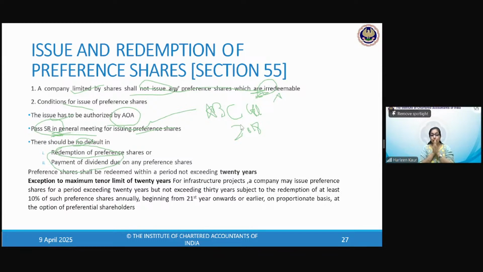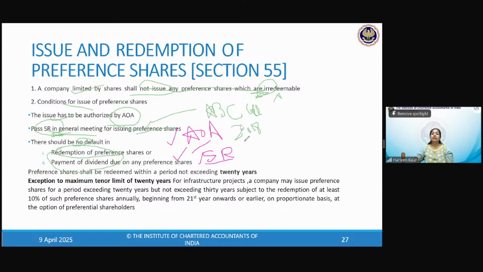I am planning to issue redeemable preference shares in the year 2018. So the first authorization that I have to see is whether my articles allow me to issue. Then only I can issue. If it is not written in my articles, can I issue the redeemable preference shares? Yes, ma'am, or no, ma'am? No, ma'am. But I can alter my articles. Second, I would need to pass SR for this. Special resolution is required.